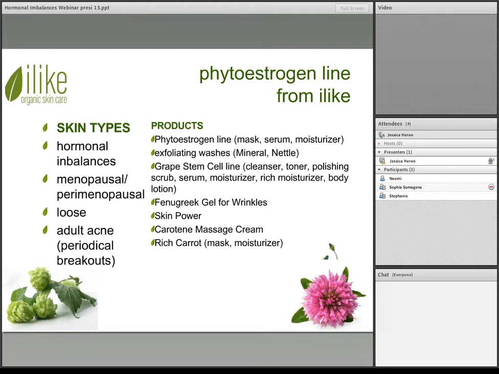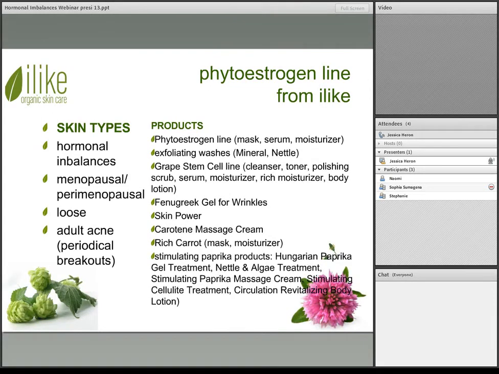left on for anywhere between 10 to 20 minutes. And then the moisturizer is a daily product and a very rich cream that contains some more emollient, heavier oil to create a thicker cream and a richer experience. We also have our stimulating paprika products that includes a plethora of paprika ingredient products that you can utilize